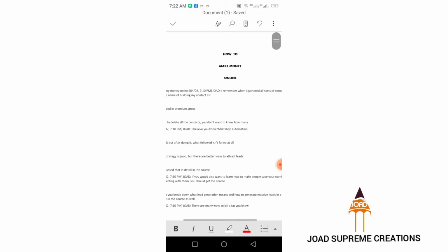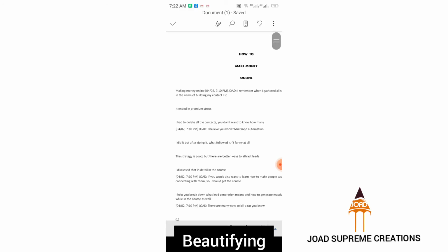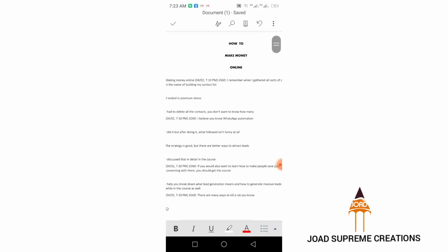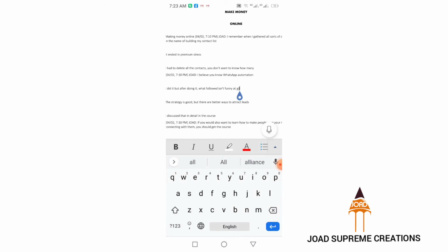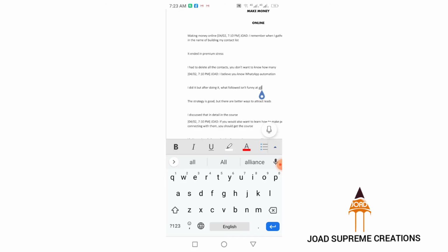So now let's say I want to start formatting this book, and let me tell you one thing: when you're writing your ebook, when you're typing, don't try to make it perfect at a go. No, just type everything out, speak it out, type everything out first. When you are almost done, or when you are done, you come back and then you start to edit. That's when you start to edit. You don't type and then start to edit it. Once you are typing, you are editing, you are typing, you are editing. No,